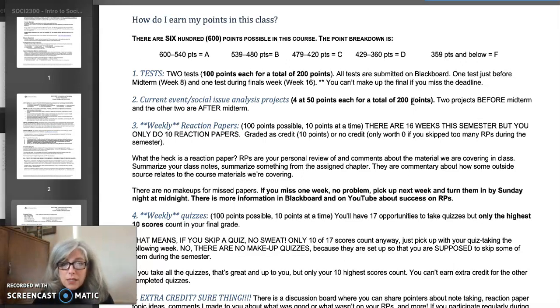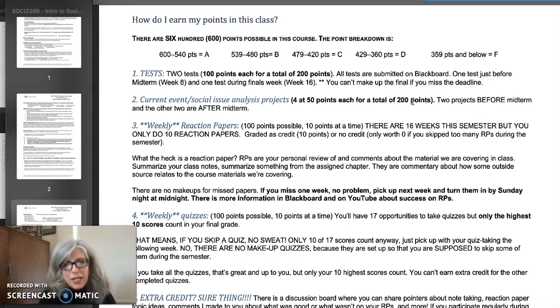So built into the semester, if you want to skip the week when a project is due, or when the midterm or the final is due, then do your reaction papers every other week that is available. Put a notification in your phone right now, or however you keep your calendar, to remind you that it is due every weekend, except for the very first week. Look at week 1